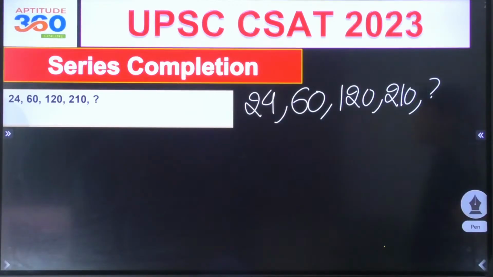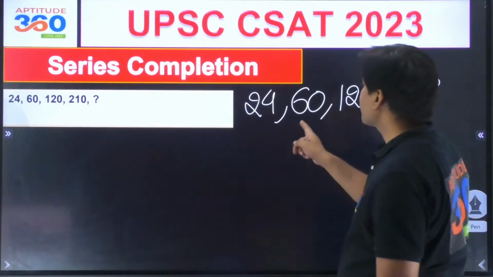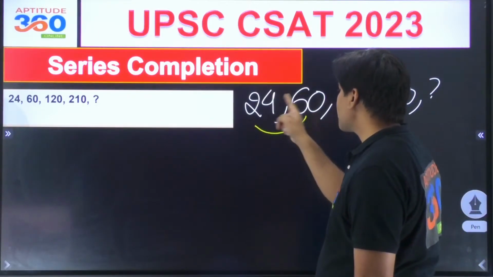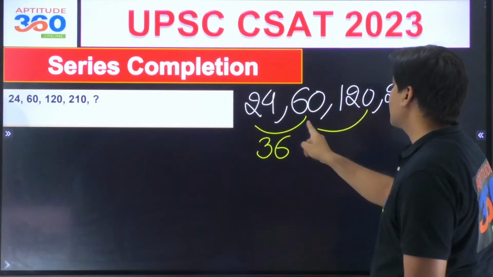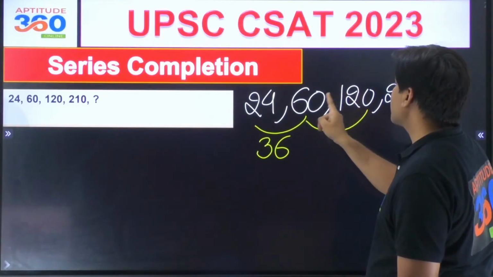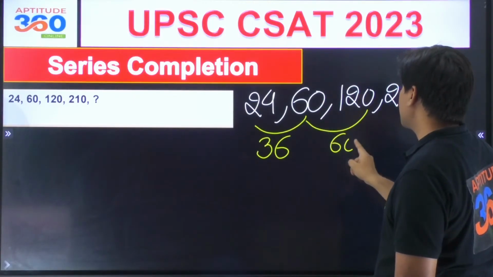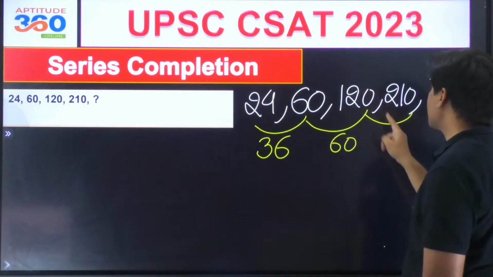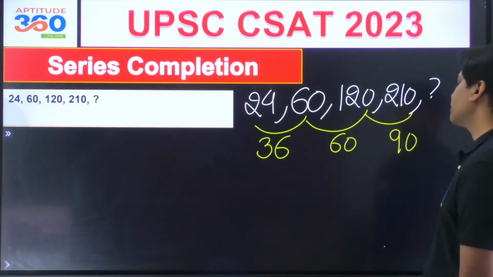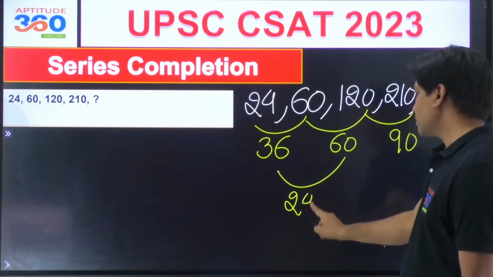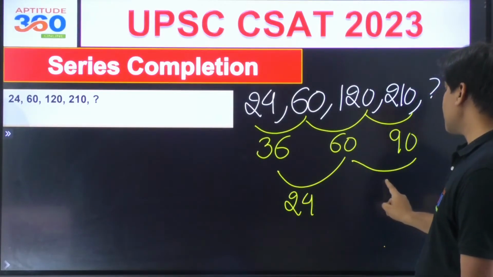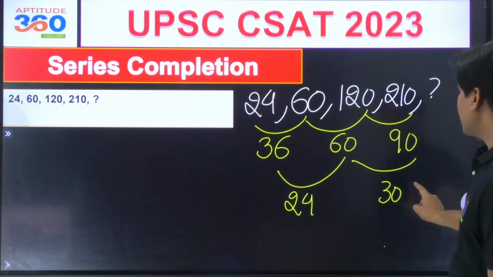So in how many ways can we solve this problem? This minus this is 36. That is 1. This minus this is 60, and this minus this is 90. So this minus this is 24, and this minus this is 30. So this could have been...